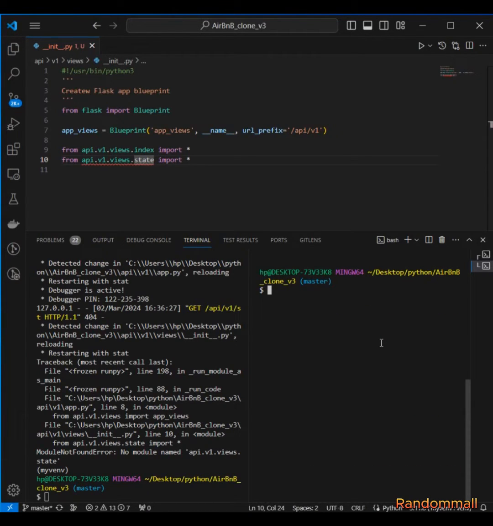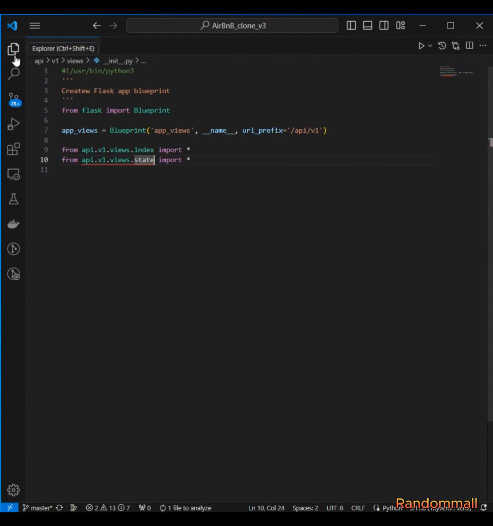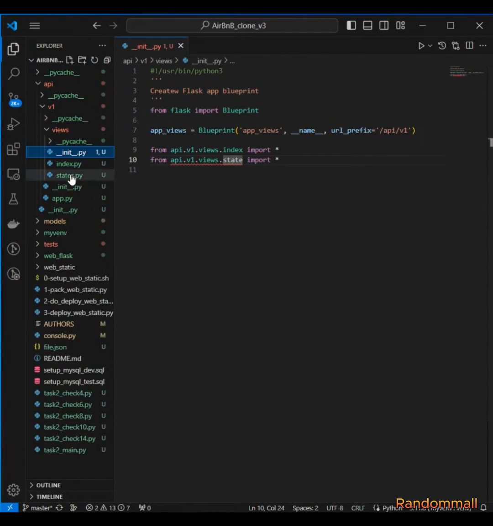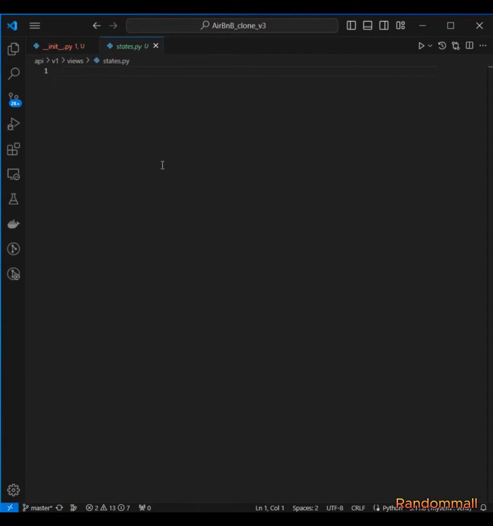Inside the views, I'm going to create state.py with touch api/v1/views/state.py, I think, yeah. So now if I go here, I'll open states, then